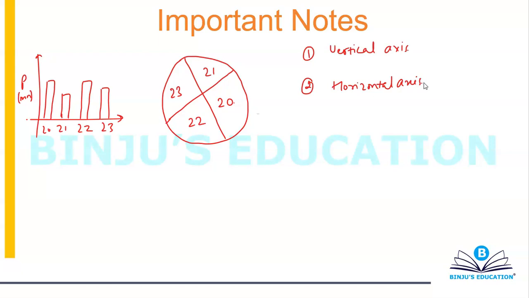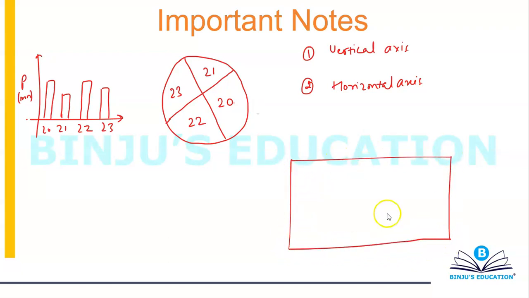In the case of a tabular structure, which is something like this, you may have headings here and headings here. That is another thing you can decode. But in the case of a pie chart, everything is given in terms of words. There will be a heading, and then based upon that there will be a pie chart. Anyway, whenever you have a graph on an xy plane, you need to understand what the vertical axis is talking about and what the horizontal axis is talking about.